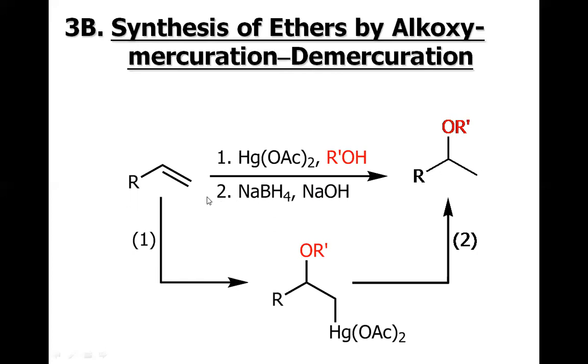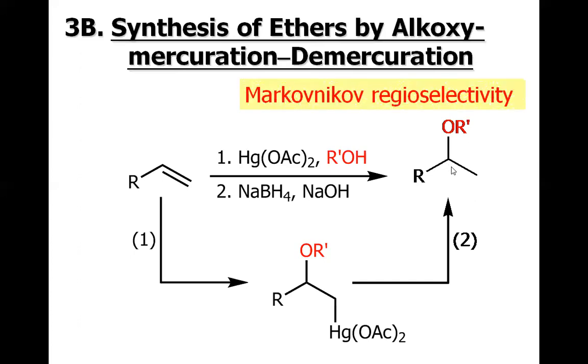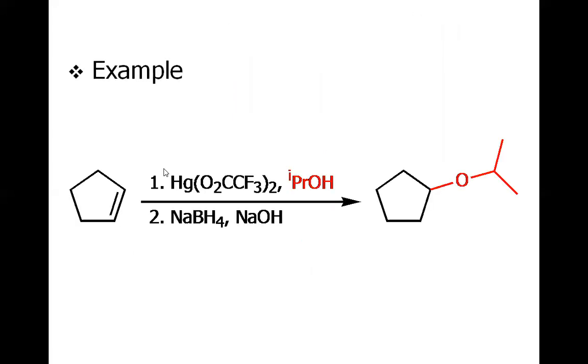And the first step, obviously, must be the same, the attack of the alkene on the mercury of mercuric acetate. We have a C-Hg bond here, and a 3-membered ring will be formed. Then in this particular case, this alcohol will open this C-Hg 3-membered ring, and the reaction will end up at the ether, not the alcohol. And there is Markovnikov regioselectivity as well. You could see the alkoxy is attached to the carbon that has the lesser number of hydrogens, as predicted.